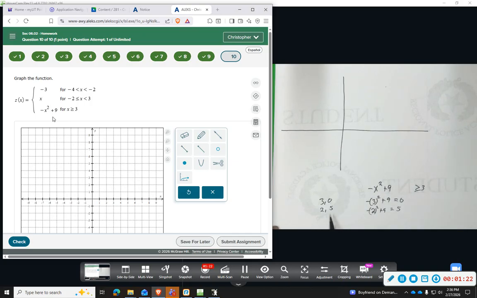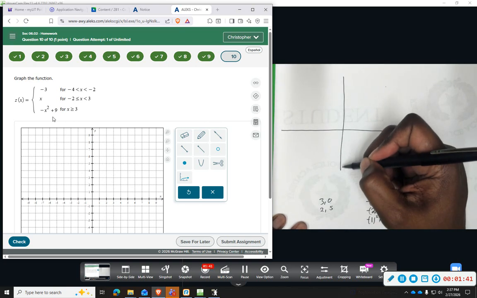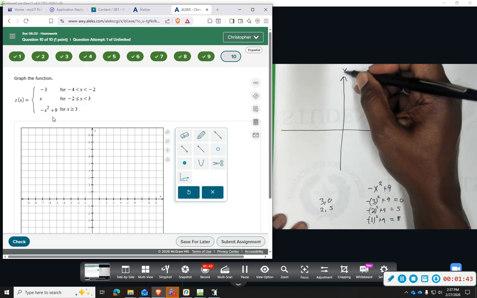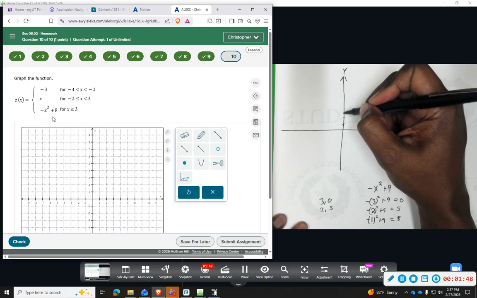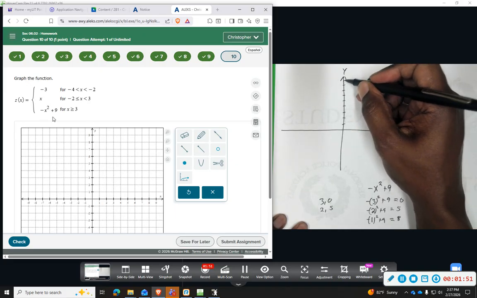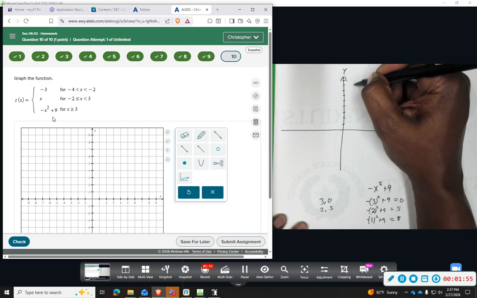Then if we were to plug in a 1 squared, negative 1 plus 9 gives me an 8. Okay, so generally the way this parabola would look, it would be opening downward, centered right here on the y-axis, and we would get shifted up 9. So 1, 2, 3, 4, 5, 6, 7, 8, 9, and it would be pretty much opening downward. But we would start when